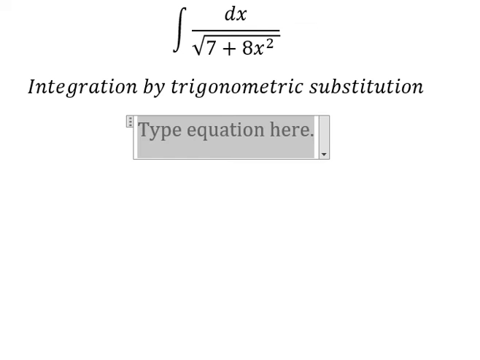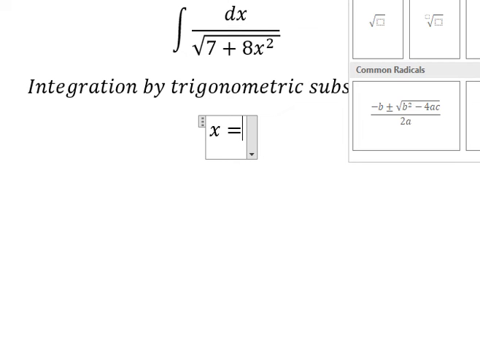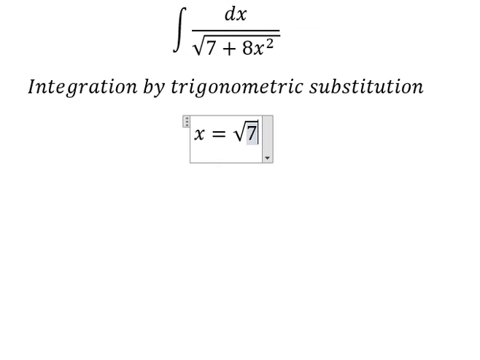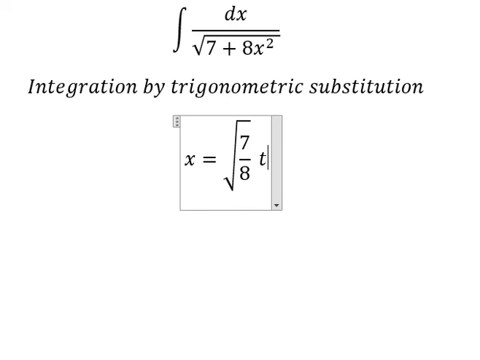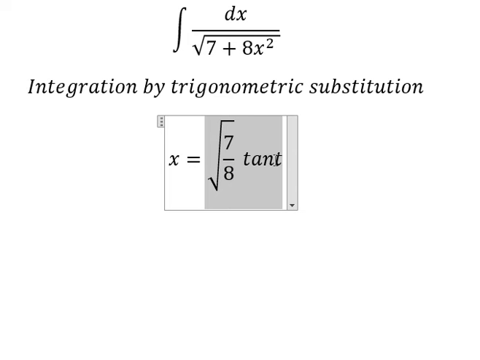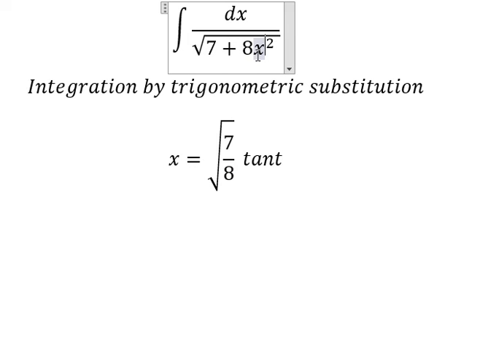So I will put x equals the square root of 7/8 tan t, because if I put this one in here, you will have 7/8 tan t squared. Number 8 we can solve. Number 7 we can do factorization. 1 plus tan t squared, we change to secant of t squared, and later we simplify the square root and